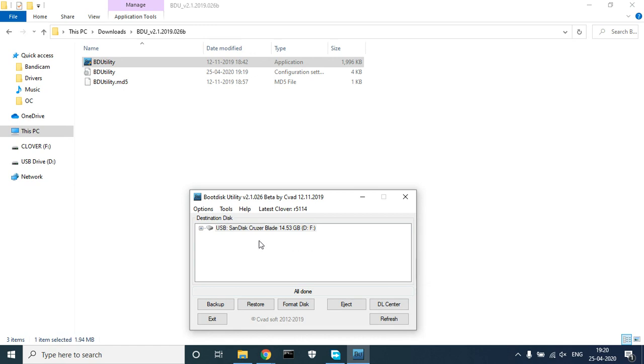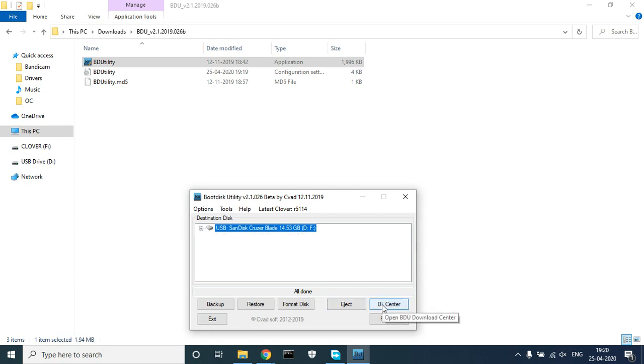We can see that here are two parts. Part 1 is 200 MB FAT32, that is the Clover image that will be used to boot the Hackintosh file, and the second part that we will use to restore that image.